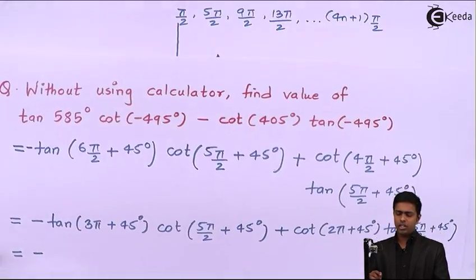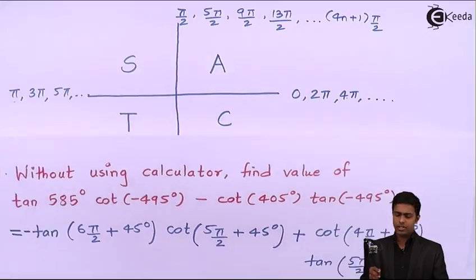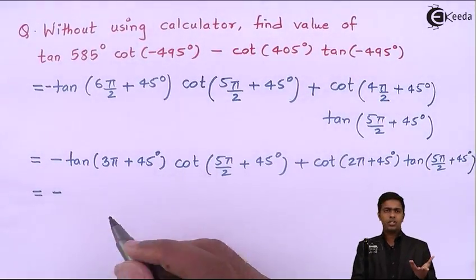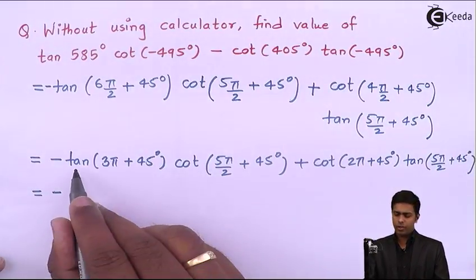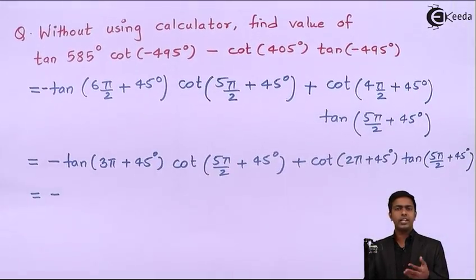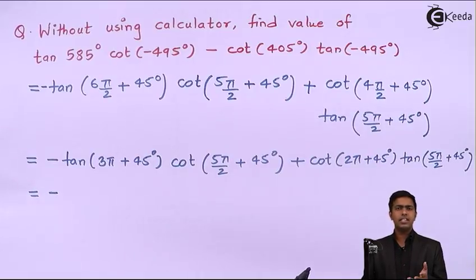Now in the third quadrant, tan and cot are positive. So we have the angle as tan only, so that is positive. What we did is, first we identify the quadrant. Here we got the quadrant as third, and then we identified the sign. Here we got the sign as positive because that angle lies in the third quadrant, and in the third quadrant